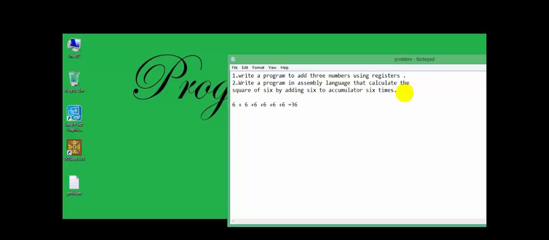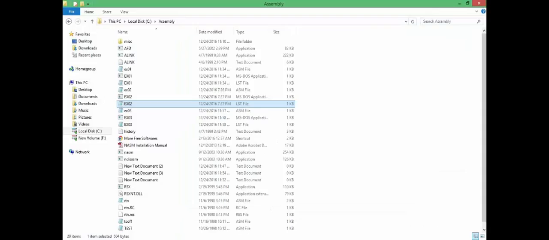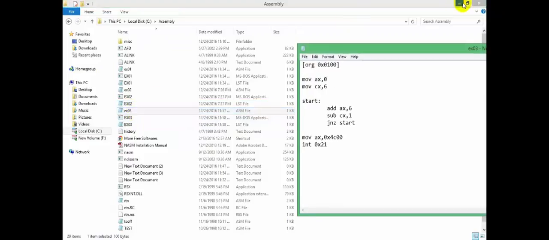So we have to add 6 times, as given in the clue, by adding 6 to the accumulator 6 times. So firstly the accumulator is 0, and then we add 6 to the accumulator 6 times. Now I have already written the program. Here's the program.